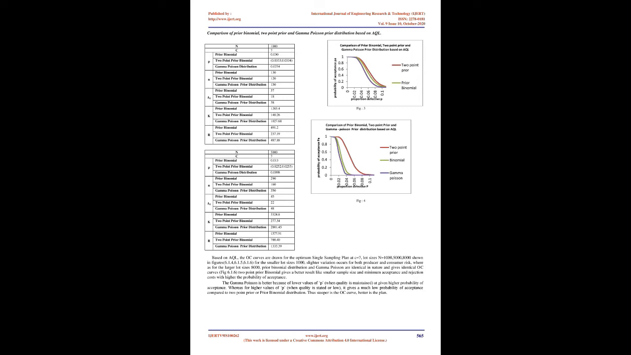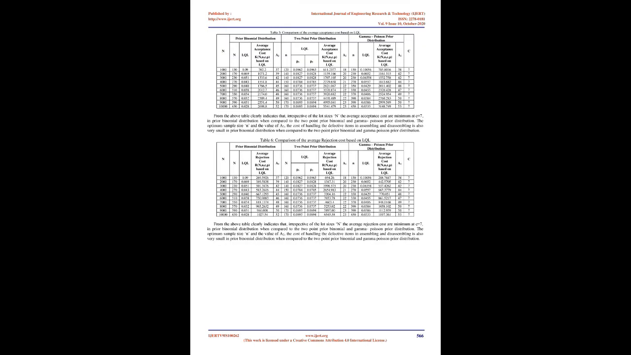In the manufacturing environment, choosing the best distribution to apply depends not only on the effectiveness of lot size and sample size but also the average acceptance cost and rejection cost for both the consumer and producer. The following table gives a comparison of minimum average acceptance cost obtained by optimum single sampling plan using prior binomial, two-point prior, and Gamma-Poisson distributions. The above table clearly indicates that